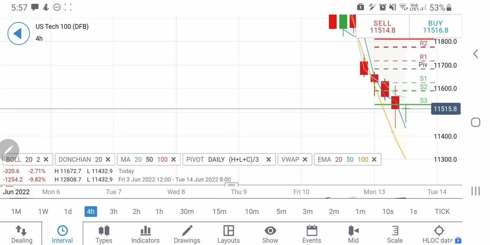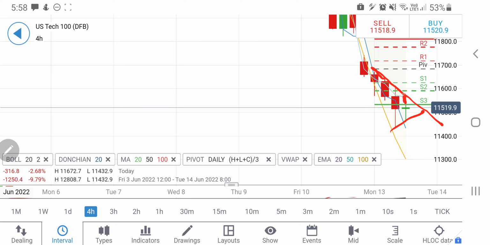On the 4-hour charts, higher lows are done there, and if it has to trade within this zone, it can try to achieve the 11,590-600 zone, and then even 11,650 levels, before it looks over to any further drop. If it rises continuously beyond 11,650, we can expect a sharper rise, and then it may try to bridge the gap towards 11,700-11,800 levels. So be watchful of that, be mindful of that.